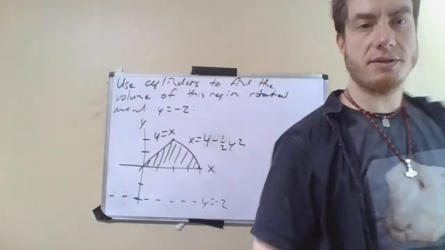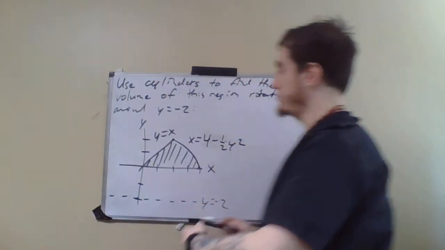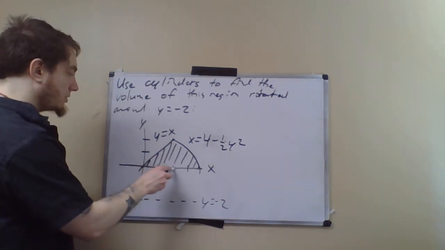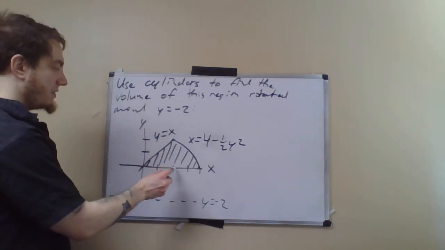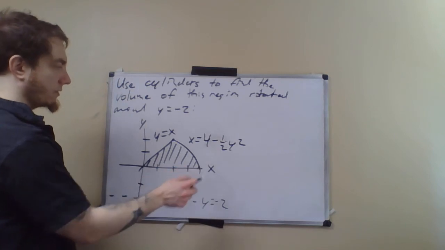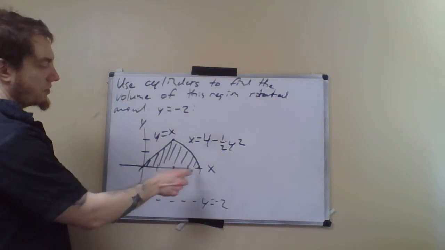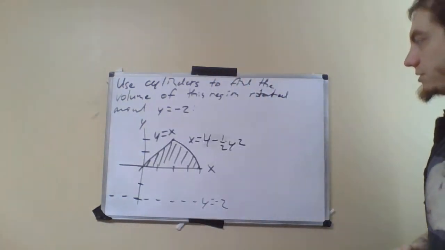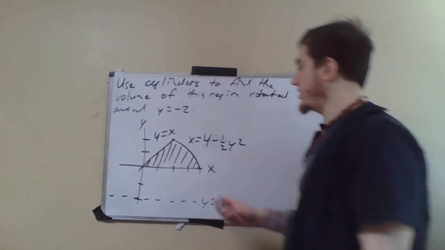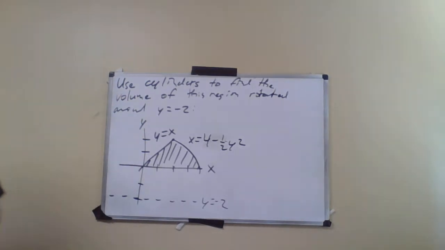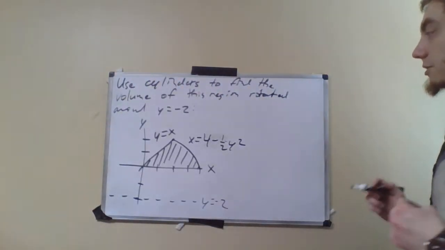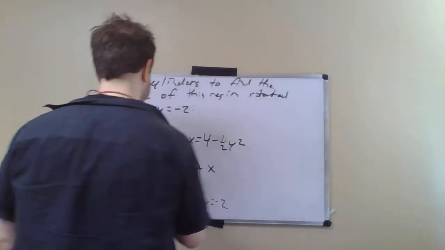Now, I could do this using the method of slices, but if I did it with the method of slices, I would have to go from 0 to 2 along the x-axis, and then I would have to go from 2 to 4 along the x-axis, and also this part along the x-axis. Well, it wouldn't be impossible. It wouldn't actually turn out to be super horrible, but we'd have to break this whole thing up into a bunch of pieces. If we do the cylinder method, then it's fairly easy,